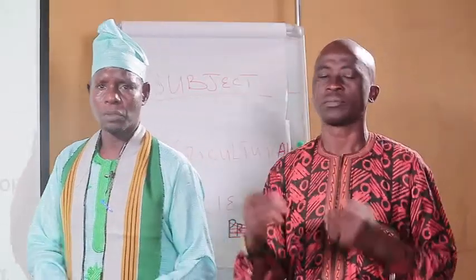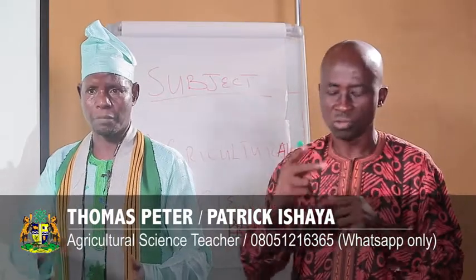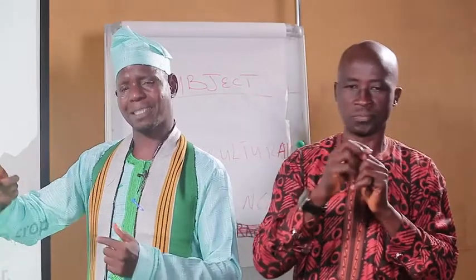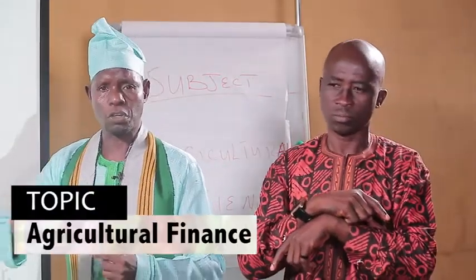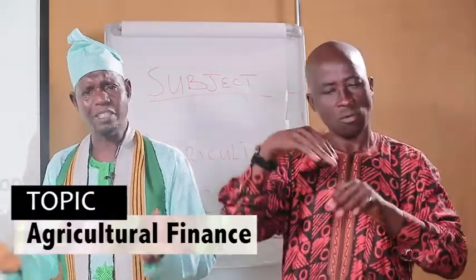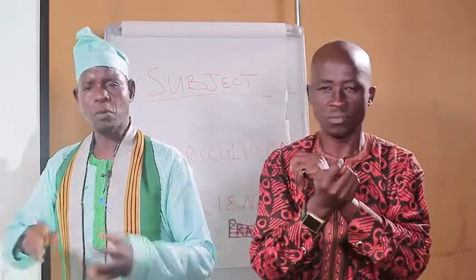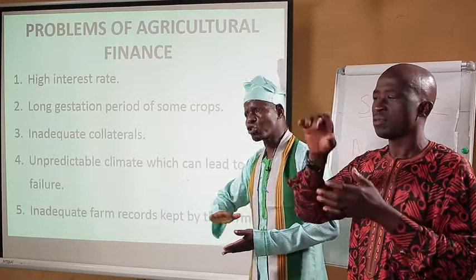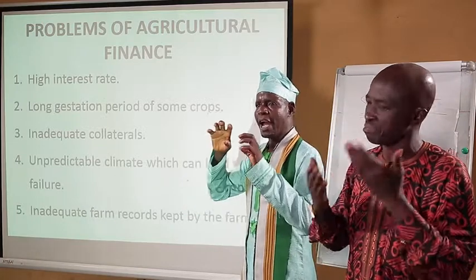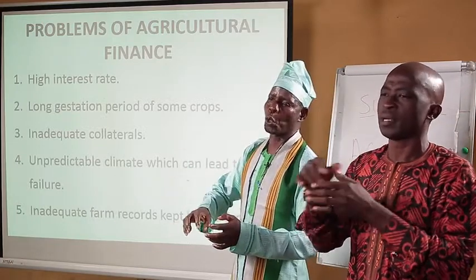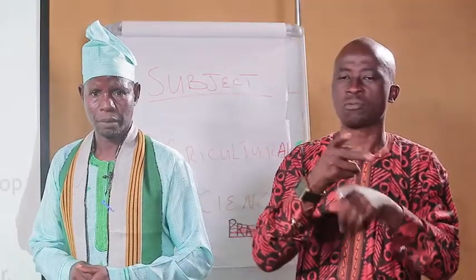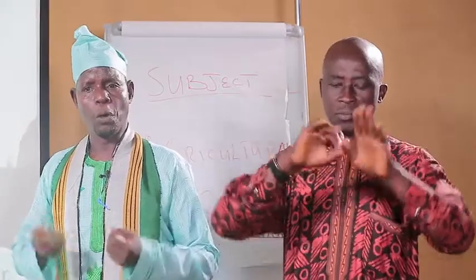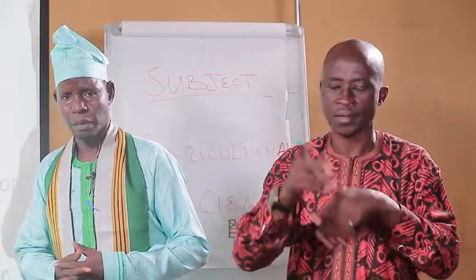In Nigeria, you can see the weather forecast today. They will forecast the rainfall tomorrow, but in most cases, it changes. There could be flood, and this flood will come and destroy maybe crops that you have taken a loan to cultivate. So by implication, how will you pay back the loan?